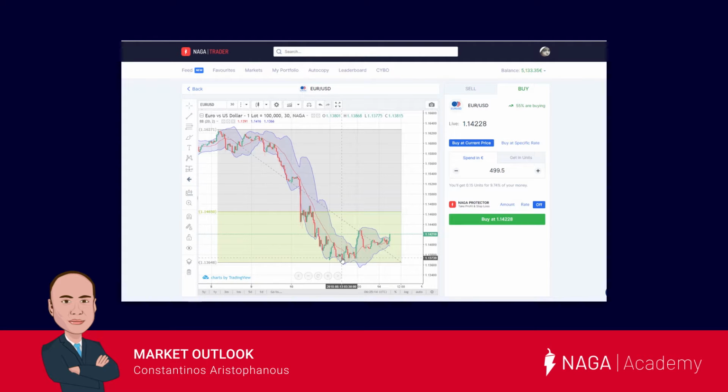Our fourth instrument is the euro versus the US dollar. Euro dollar has lost a significant percentage during the last day's trading session. We can observe a bottom and a retest of the 1.1360 price level. Since then, euro dollar has corrected to the upside and is currently consolidating, which can also be supported by the